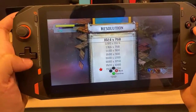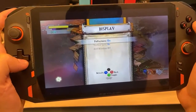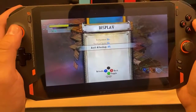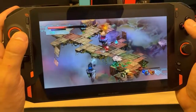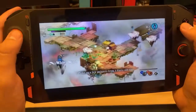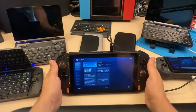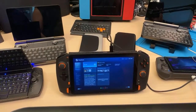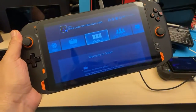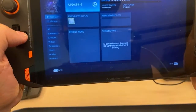This game is not gonna push any boundaries. I think that's the highest it goes. No, it runs good. It's a good looking game. I don't know what that is, but